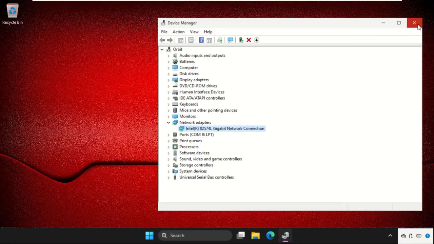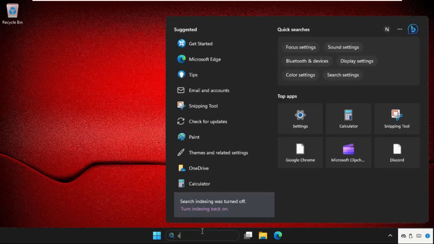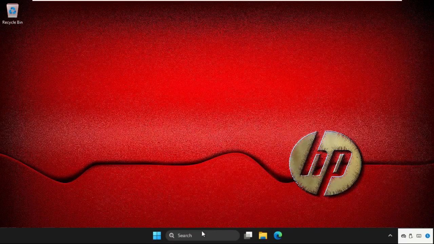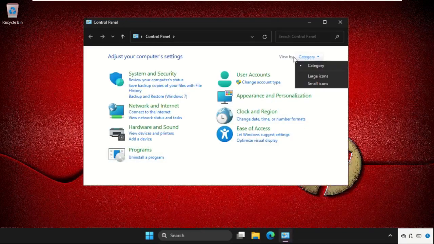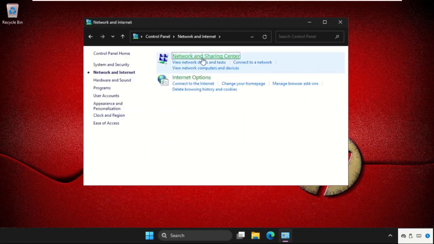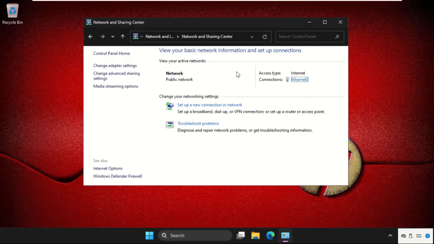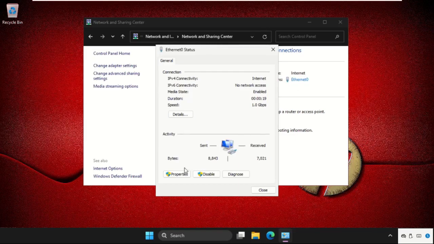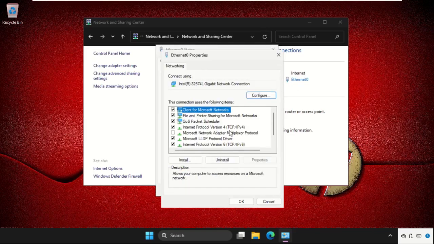Now close all windows one by one, then go to control panel. Now select view by as category, then click on network and internet, select network and sharing center and select connections. Now go to properties and open internet protocol version 4, that is IPv4, and open